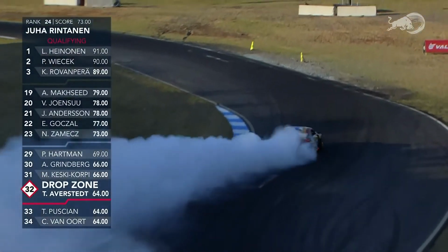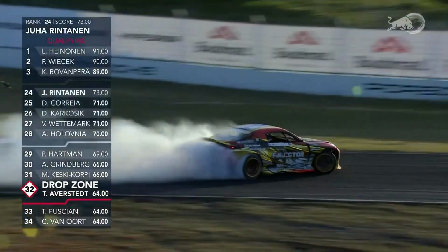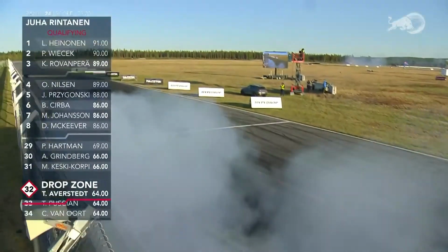This is very nice for Rintanen. He wants the top spot. He wants to fight for that top 5, and he's going for it right now. Goes for the transition back on the foot brake in the outside zone. Gets the car towards the wall. Job